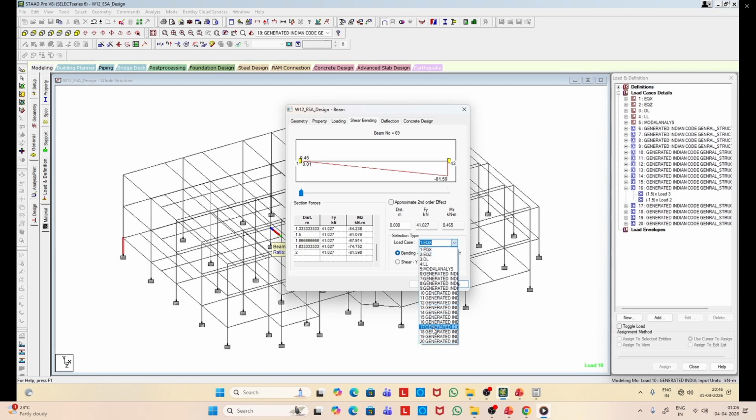Here you can select the critical load case. The number is 18 for this member, and then go through the complete details.